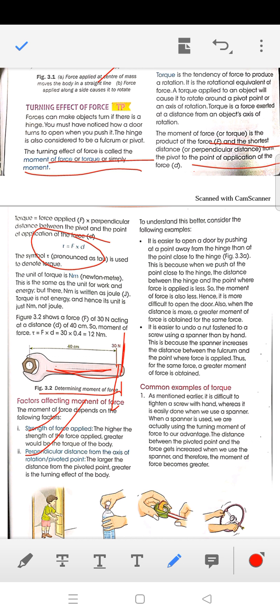See, as I told you, it is easier to open a door by pushing it from the maximum point, from the edges maximum far away from the hinge, and that is why all the handles are placed at the end. If we want to open or close the door by applying force in the middle, then you may experience that you have to apply more force. Why? Because when the distance decreases, then what happens? When the distance decreases, the force increases. Similarly,